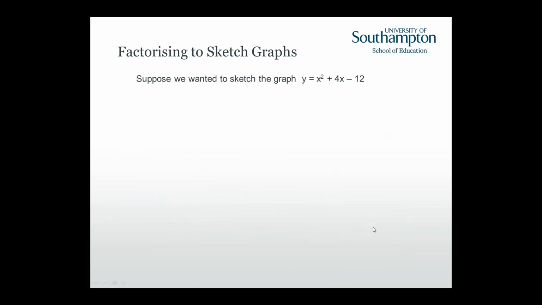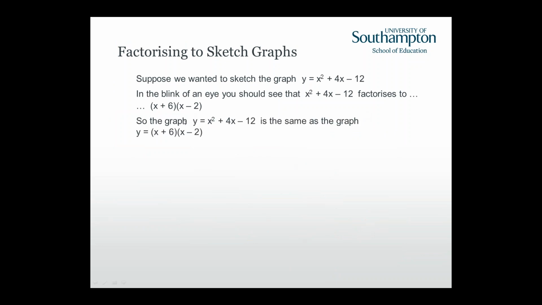So here we are. Here we want to draw this graph. This is the one that we originally factorised. In a blink of an eye, you should see it factorises to that. Now we know that this graph could simply be written as this graph. They are exactly the same graph, just written in a different way. And that helps us